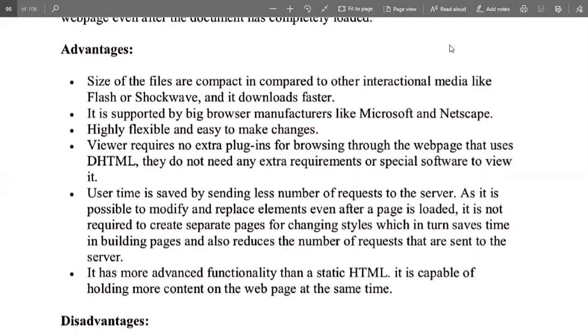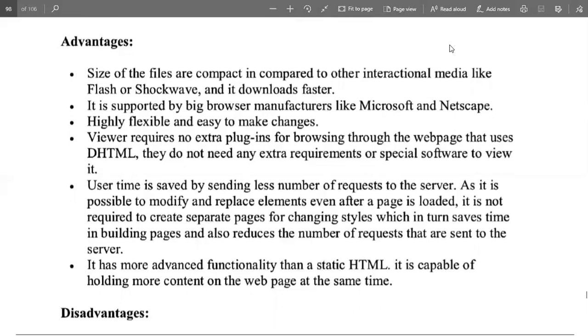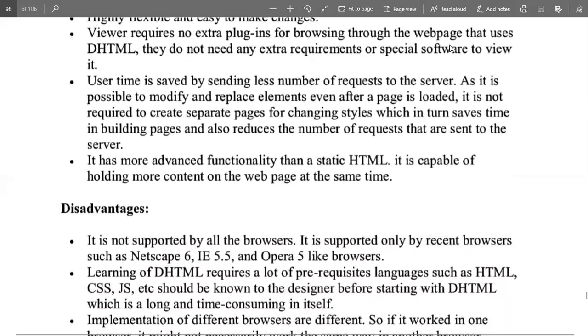So it is the most advanced functionality in comparison to static HTML, capable of holding more content on the web page at the same time, because all the content reflected in a page is done in HTML as well as in DHTML. But in HTML, whatever we use will be reflected in our web page once it is loaded, and once loaded, we can't modify it.